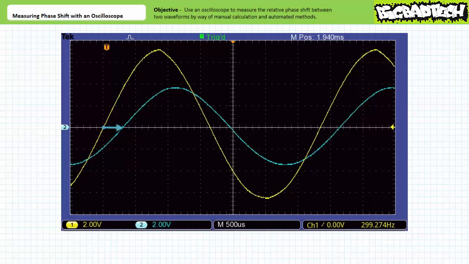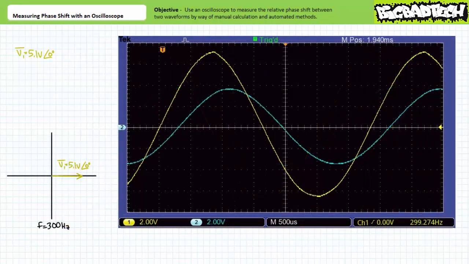Let's just assume the yellow waveform on channel 1 is our reference, and we wish to determine the phase shift of the blue waveform on channel 2 with respect to the yellow waveform on channel 1. The phasor representation of the yellow waveform on channel 1, since it's our reference, is 5.1 volts at an angle of 0 degrees. Note the zero crossing going positive of the blue waveform appears to lag the yellow waveform by